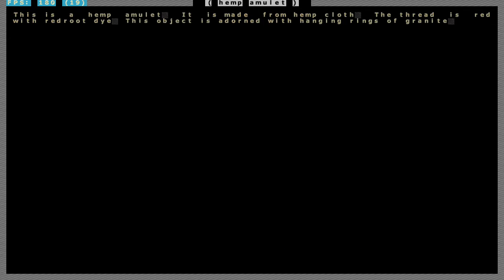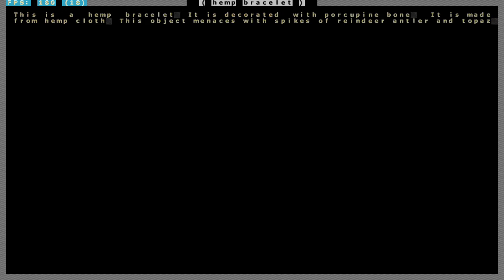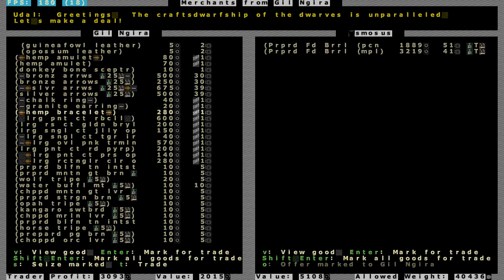What's on it? Hanging rings of granite. No. A chalk ring. And there's another decorated one. Spikes of reindeer antler and topaz. Like, I wish they would pick up the jewelry and...